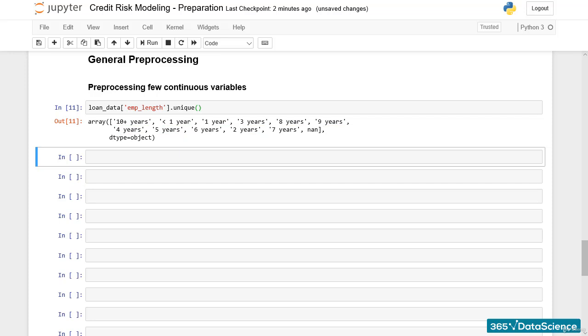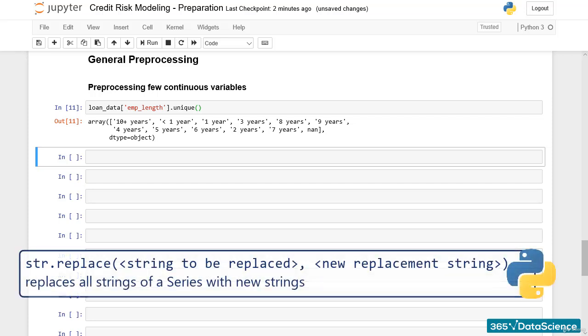When using data frames in Python, as well as in some other popular data science environments like R, we can apply operations to all rows of a certain column. We can replace or delete certain parts of the strings contained in all rows of the employment length column. Besides, there is a method called str.replace that allows us to search for a string inside another string, and if found, replace the first string with a given new string.